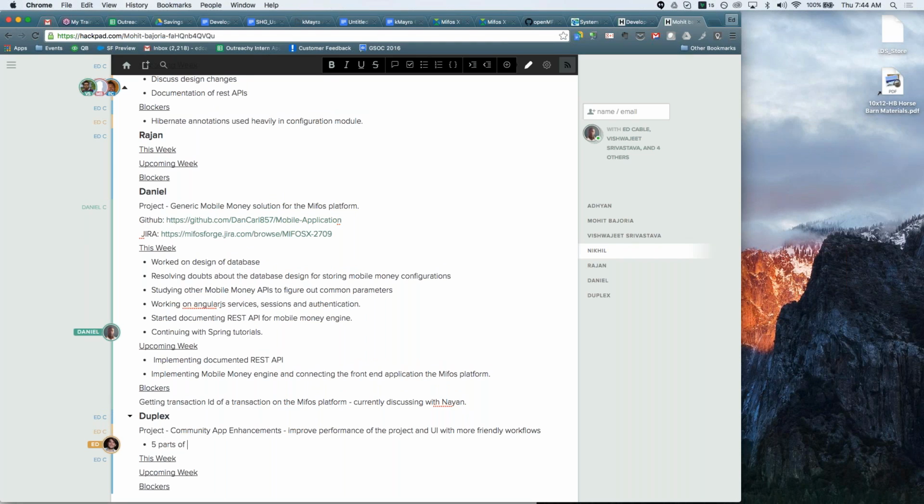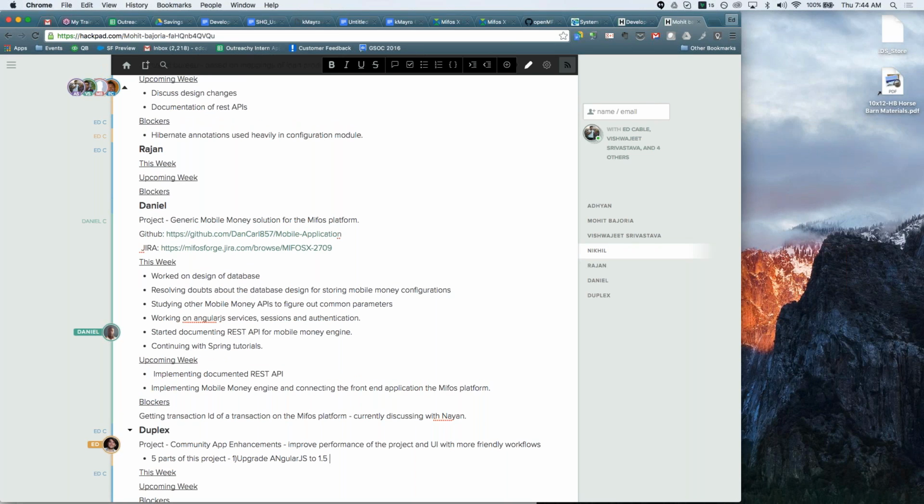I have to upgrade the Angular version of the community app from 1.2 to 1.5. I also have to upgrade the Angular UI to the latest version, and also have to migrate the style sheet of the community app using the preprocessor technology Sass.